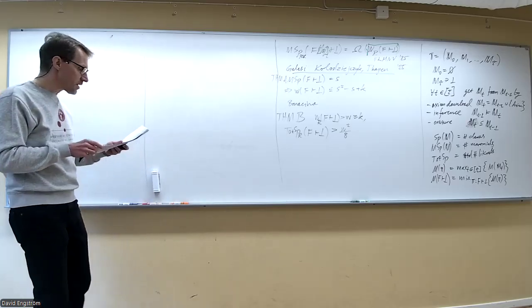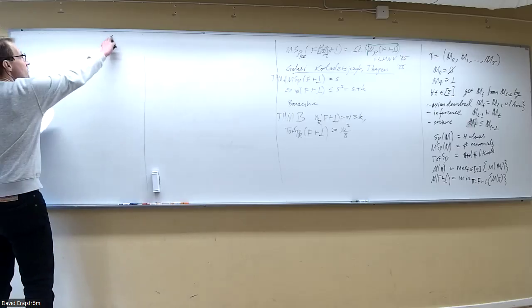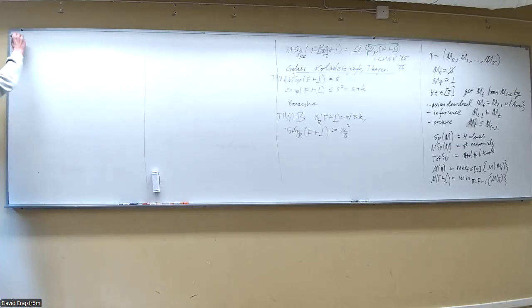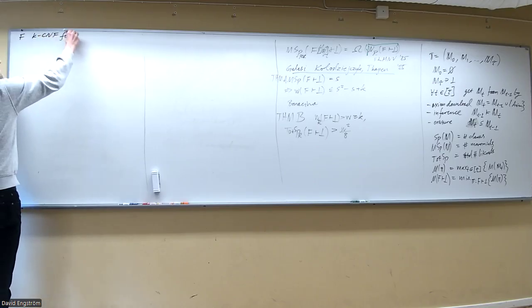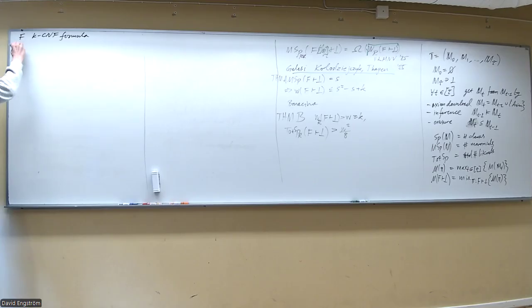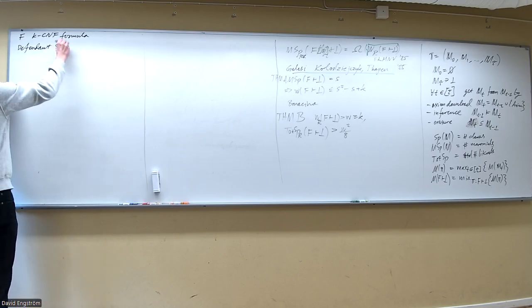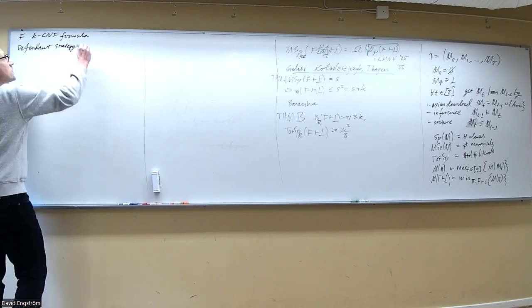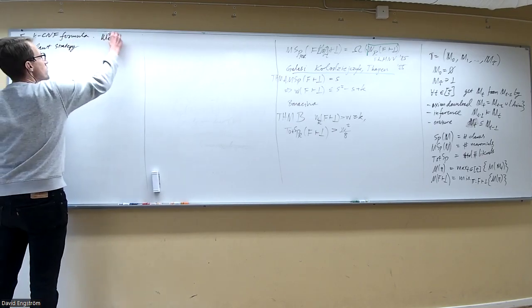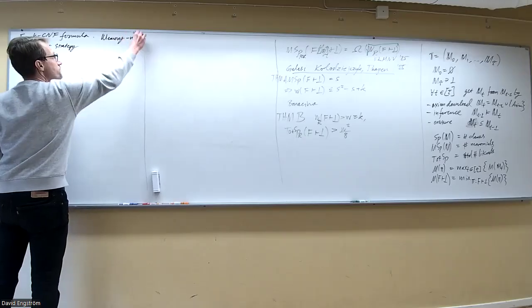Okay? So let me write this down very carefully, because we're going to use this over and over again. So again, F is a k-CNF formula. Let me say that a defendant strategy. So let me now describe a combinatorial object that would be the strategy that the defendant could use to play forever. So a defendant's strategy in memory W